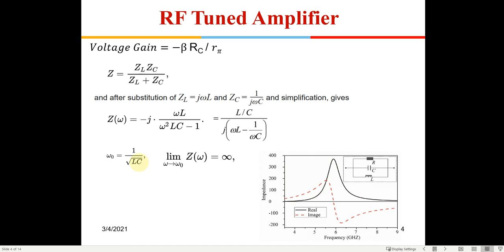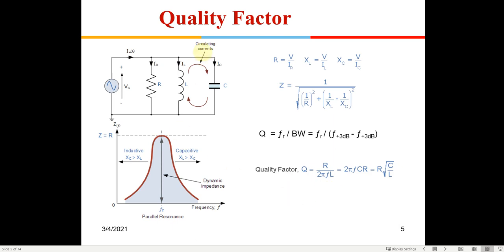So in earlier days you had the gang capacitors, and mechanically if you open up an old transistor radio you will find capacitors where the parallel plates can move with respect to each other. But nowadays you have PMOS, which is used as a varicap. Varicap means variable capacitance. So by changing the bias voltage to the PMOS transistor, we use a variable capacitance there. Okay, so this is what the impedance curve looks like. So let's go to the next slide and try to understand.